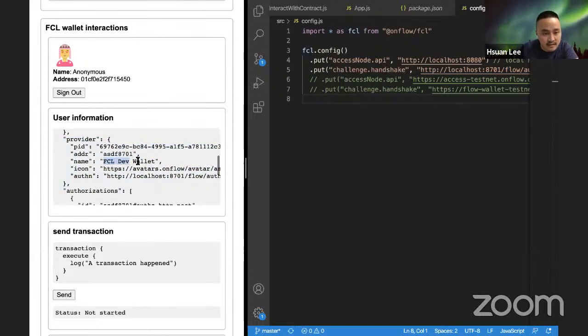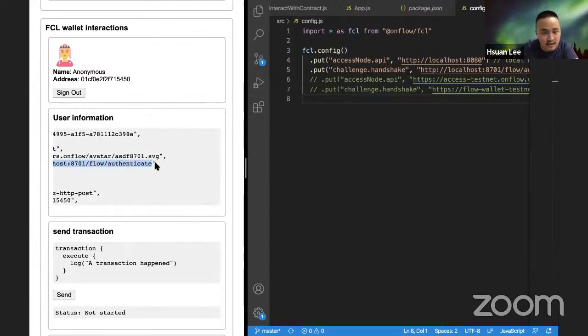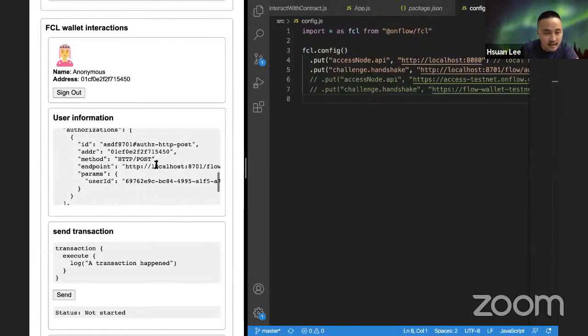You see that it's the FCL dev wallet, and this is the URL you need when you want to log into this wallet, and authorization information